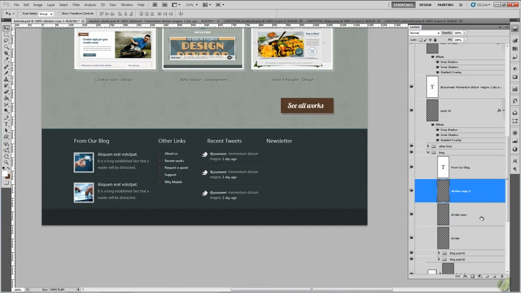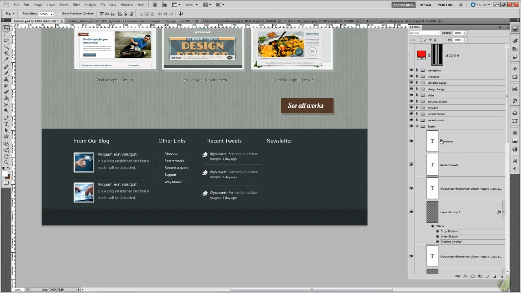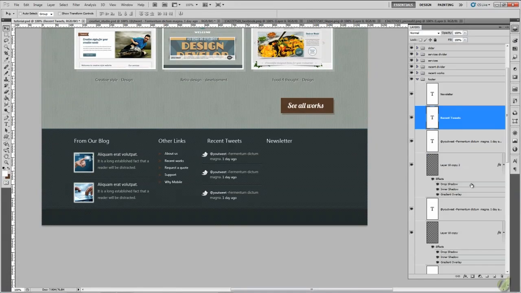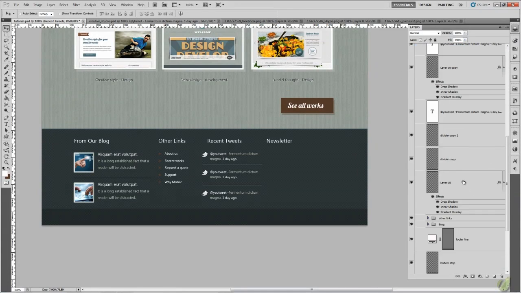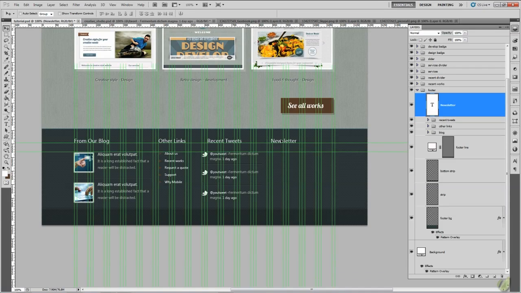These dividers need to be in our tweets, and that all needs to be in a, it's just the icon, isn't it? Yeah. That needs to be in its own group, so we call that our recent tweets. Make sure it's all in there. And then newsletter, just move that over, bring back our guides, move that over to about there, give it some room,